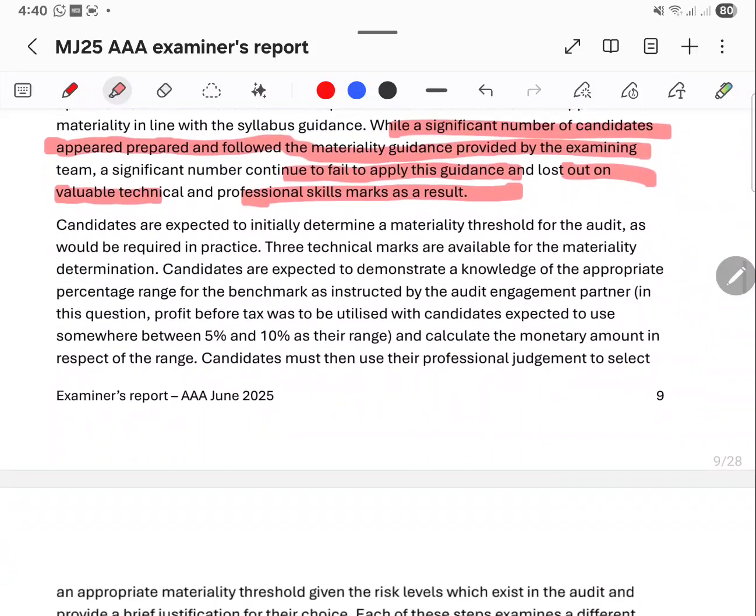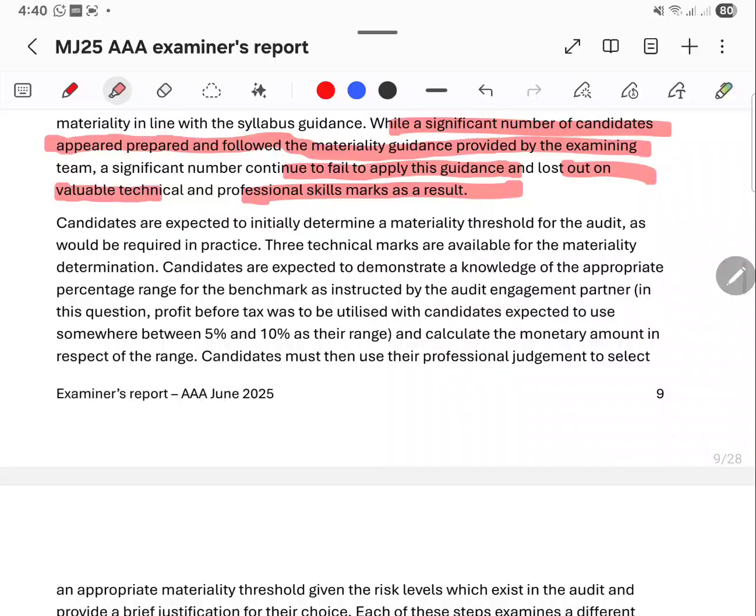As a result, candidates are expected to initially determine a materiality threshold for the audit as would be required in practice. 3 technical marks are available for the materiality determination. Candidates see 3 marks for simple materiality calculation and determination. Okay, so